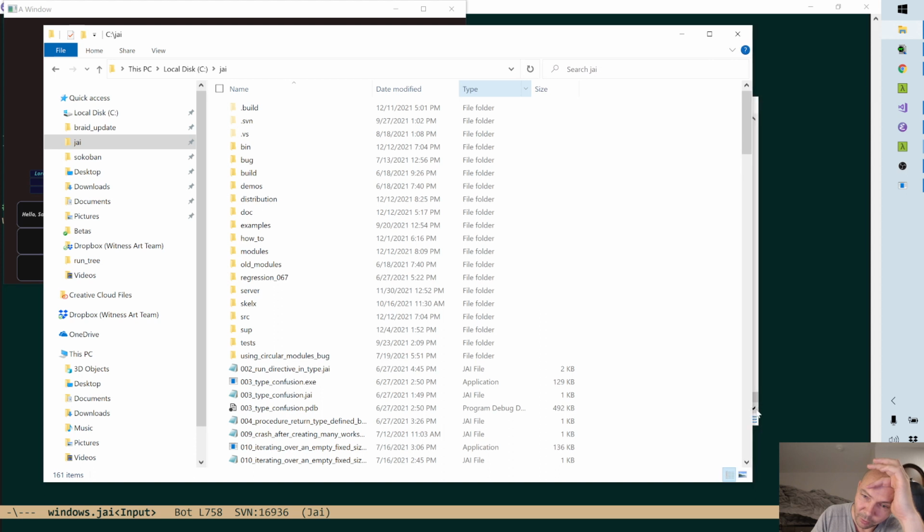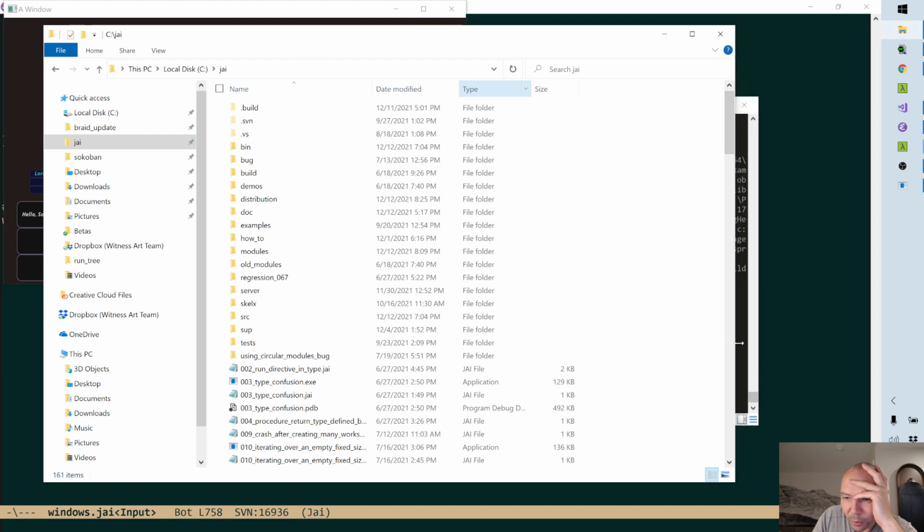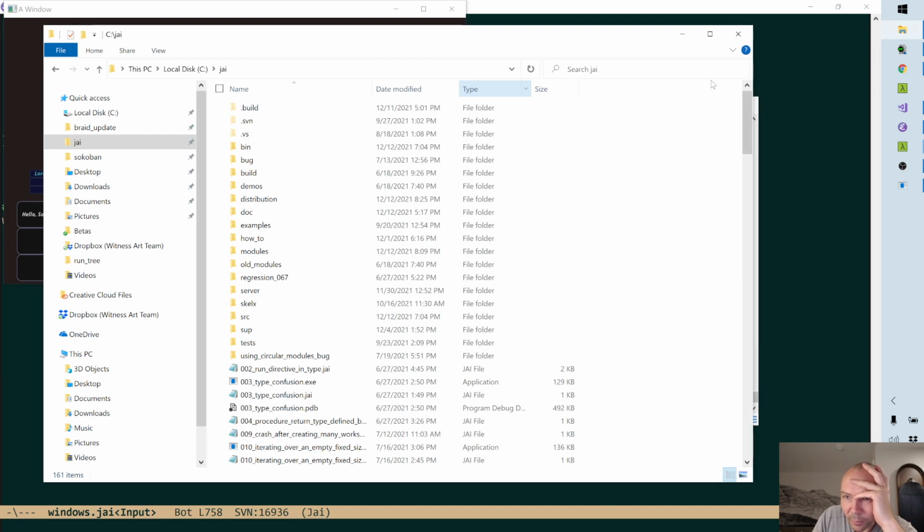Oh wait, no. That's weird, because it raised the window a second ago, but now it's doing the drag thing. I don't know what invisible rule is determining this, but anyway, there is a region around the window that